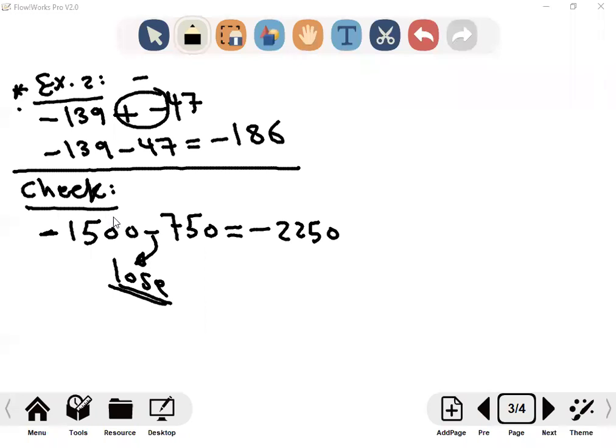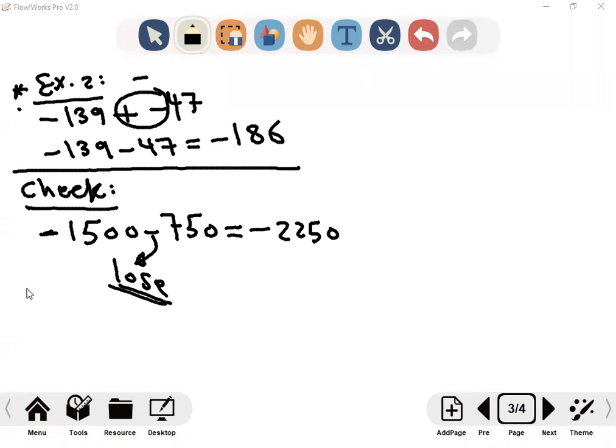This is the check, guys. Again, in the check question, already he has how much? Negative 1,500. Then he loses another 750. Got it? Do you understand? Good. Why do we put negative? Because he loses. If the question said he gains, wins, or goes up, something that represents positive,